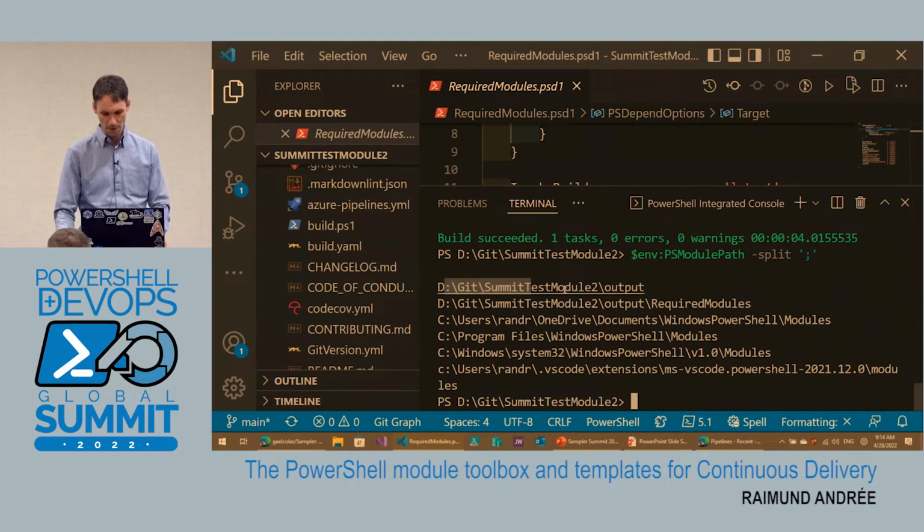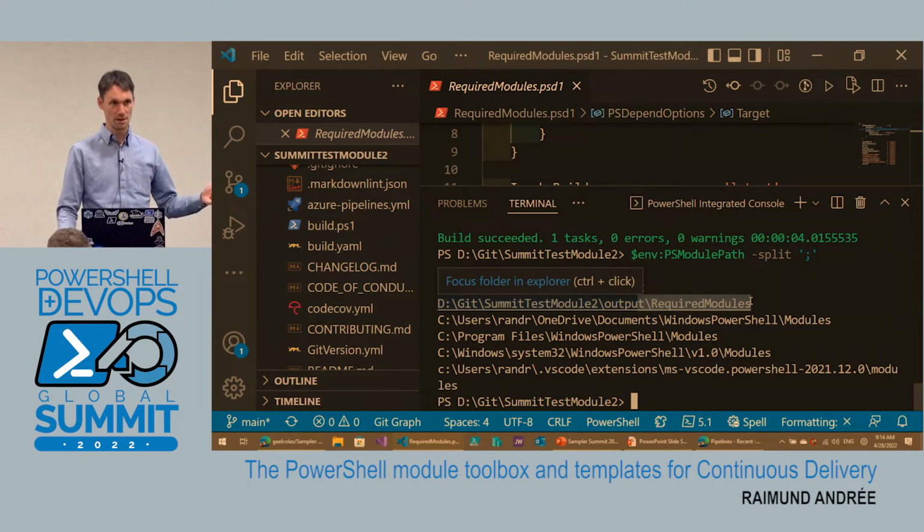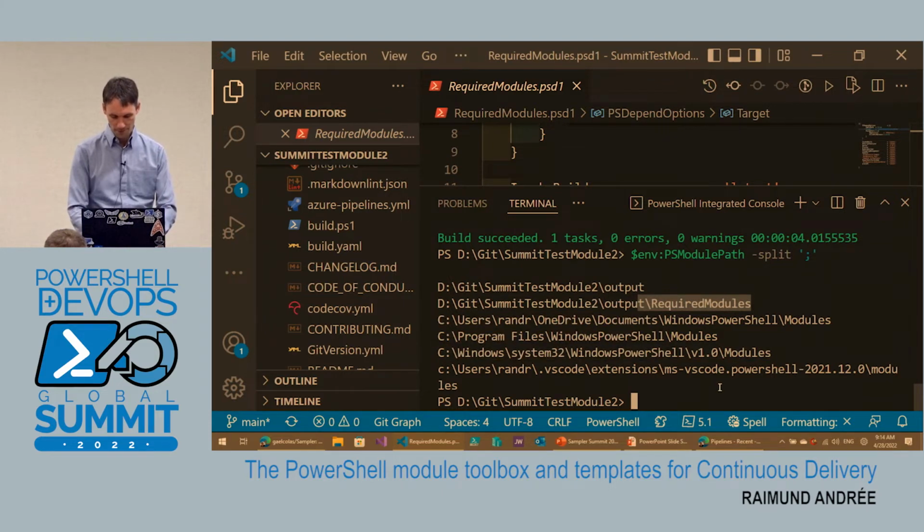So if we have done build with noop, then our module path looks like this. The module path points now to the output folder, to my required modules, which makes sure that all my dependencies are actually discoverable, because previously they have been just downloaded but haven't been discoverable. Right, so